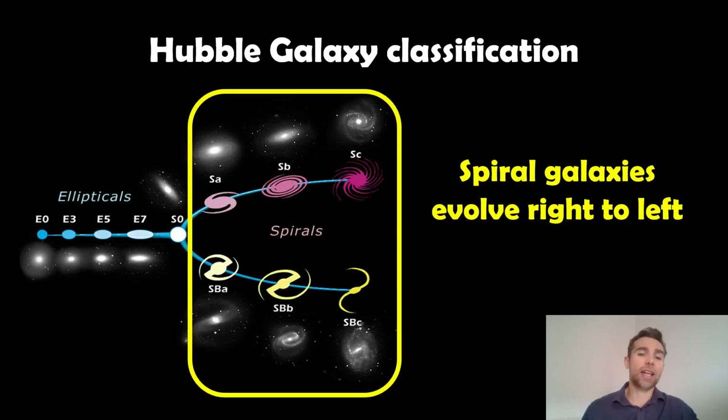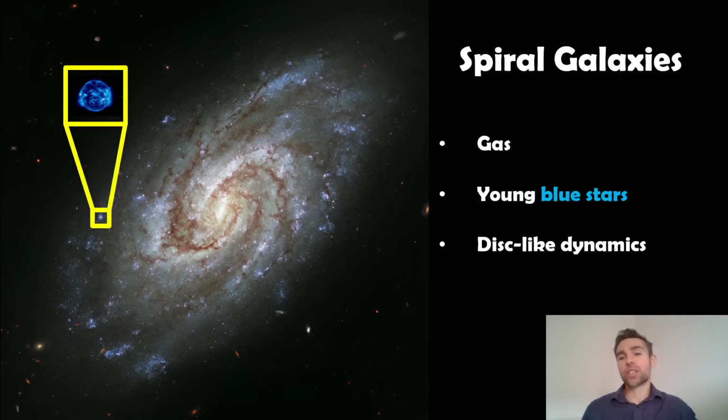Now, the spiral galaxies sit on the right-hand side there, and they actually evolve from the right-hand side to the left. So the spiral arms get tighter, they lose gas, because that gas gets turned into stars as they form, things like that. Then you've got your ellipticals as well. So spiral galaxies as a general rule, and this is not true for all spirals, this is just a fairly general view of spiral galaxies, have a high amount of gas that obviously gets depleted the older they get, the more they evolve.